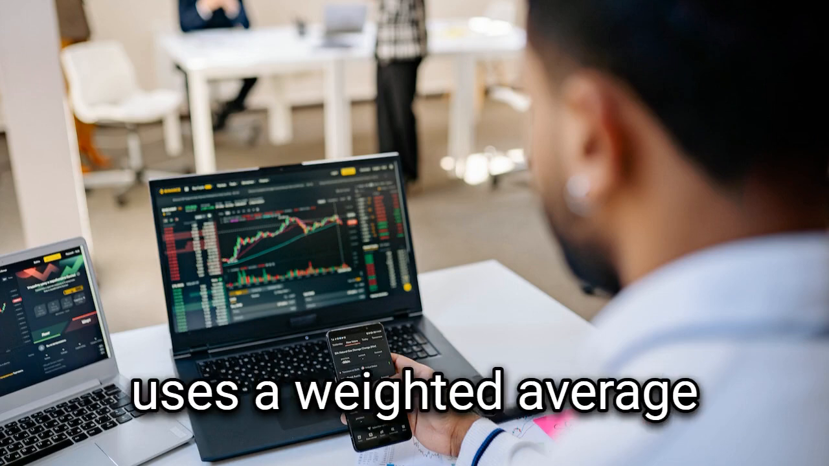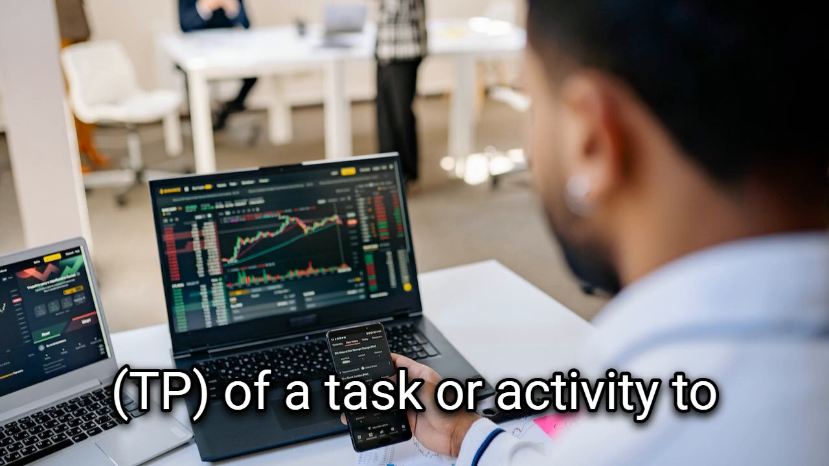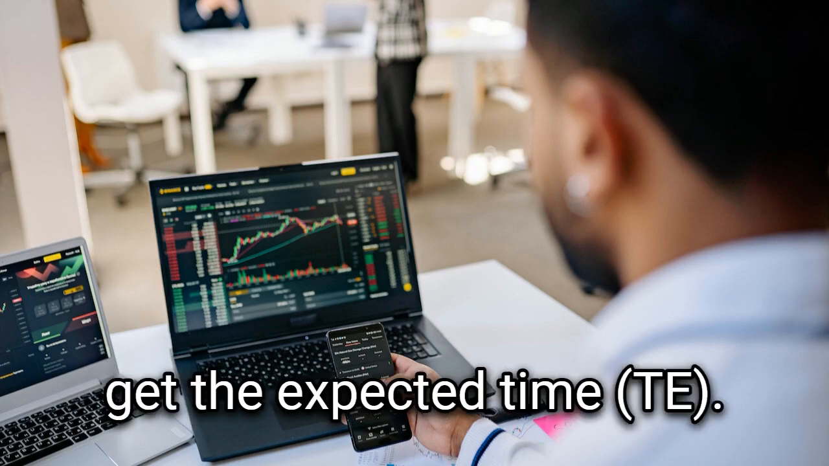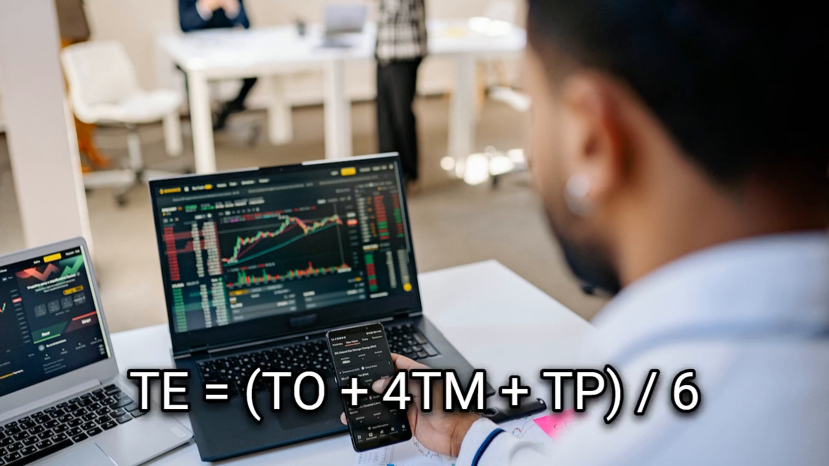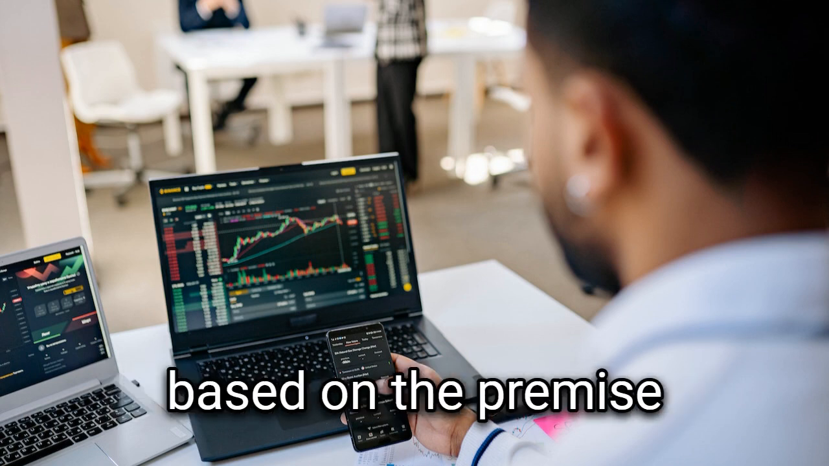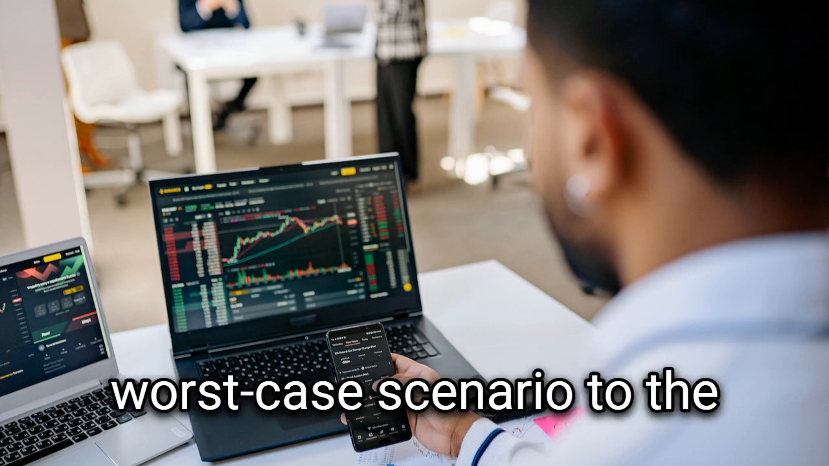PERT uses a weighted average of the optimistic time, the most likely time, and the pessimistic time of a task or activity to get the expected time. For the purpose of determining t, the following equation is used: t equals (to + 4tm + tp) divided by 6. The computation is based on the premise that the best-case scenario corresponds to the optimistic time, the worst-case scenario to